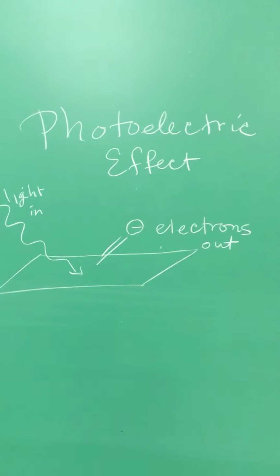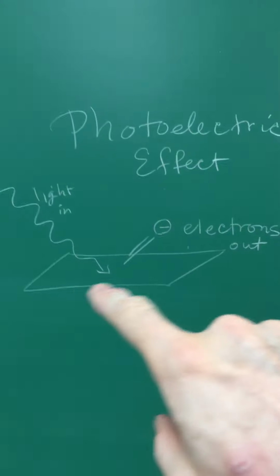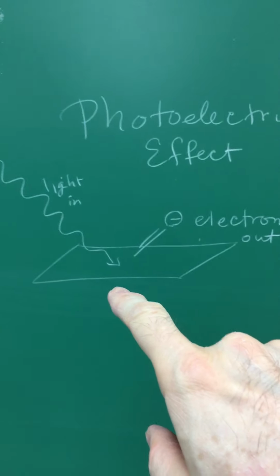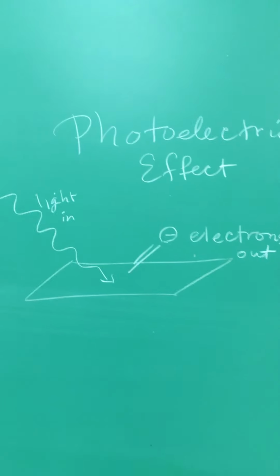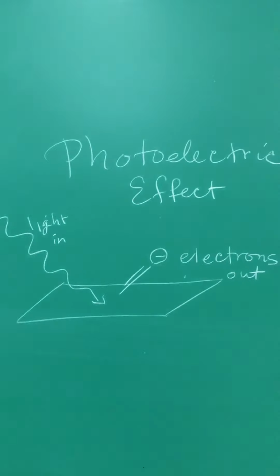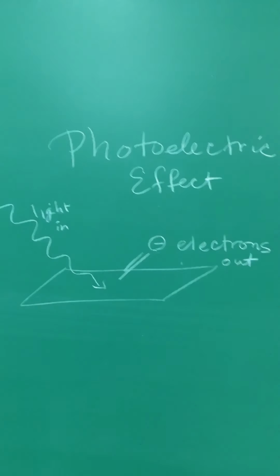I want to introduce the photoelectric effect. This takes place whenever light comes in, hits some material, and the material, usually an electron, then ejects electrons. There are a number of interesting things that we observe when we study the photoelectric effect carefully, but the sum